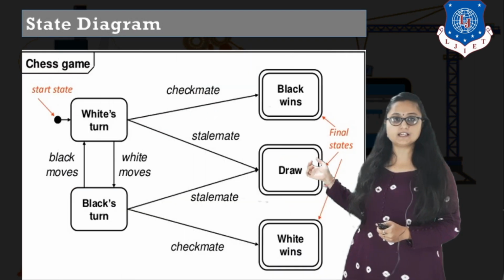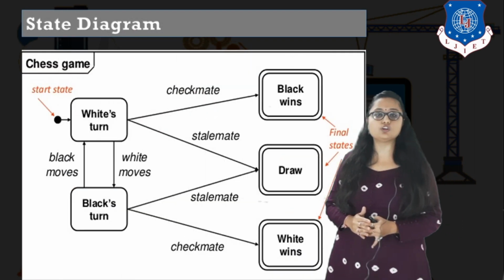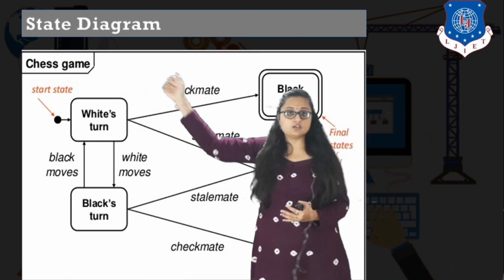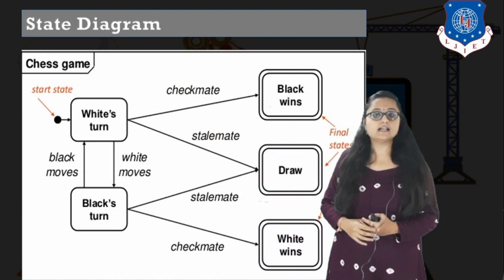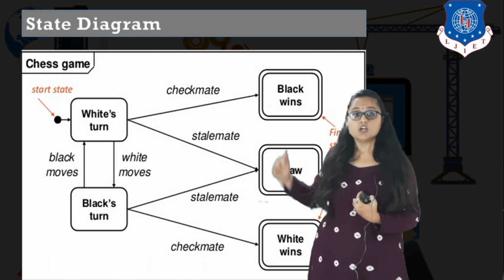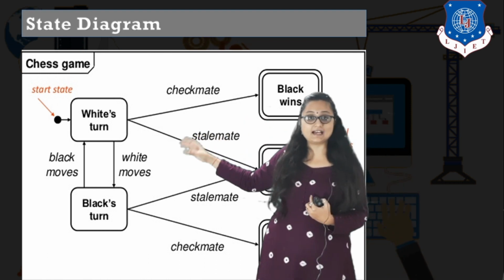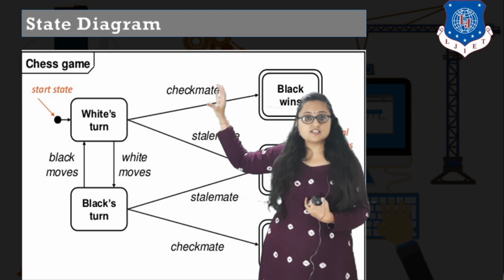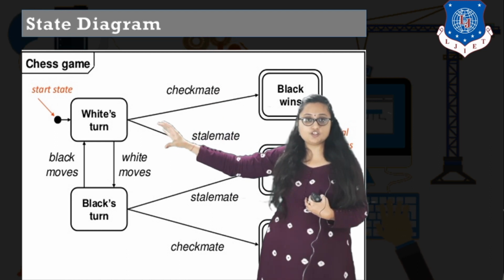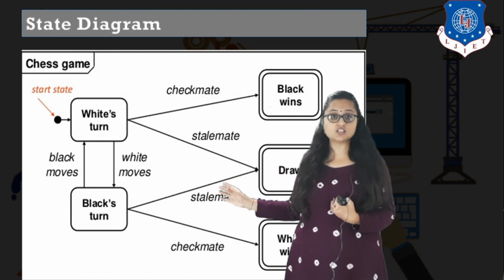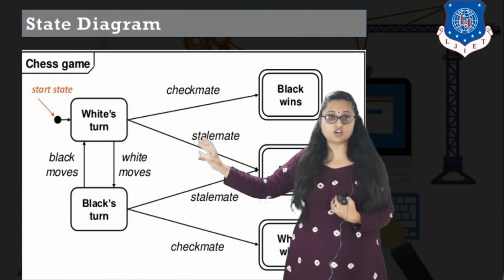Okay, now let us see an example of a state diagram. So here you can see this is a simple example of a chess game, right? So this is a start symbol, you can see over here. Then you have this state, that is white's turn. So you have a state in which white is having the turn. Now if the white moves, it means that is one activity which is being performed, that is an action. If the white is moving, the state from white's turn transits or jumps to black's turn. Okay, so this is a state transition which is occurring because of some activity or action.